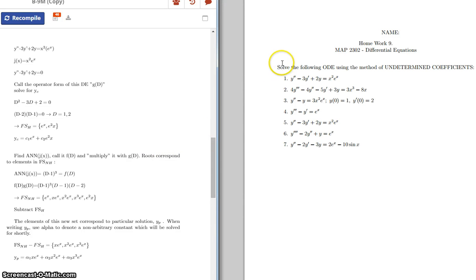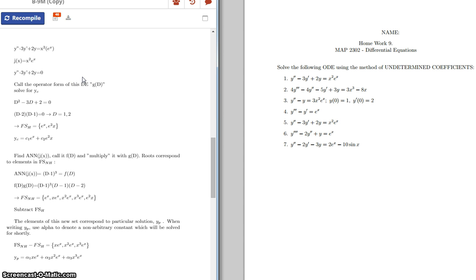Okay, we are solving problem number 1 in homework 9 using the method of undetermined coefficients. So we have our initial differential equation right here. We see that it's not homogeneous, so let's identify this right-hand side as a function of x and call it j of x. Now, we've identified what j of x is. We're going to solve for the homogeneous version of this differential equation and call that solution y sub c,